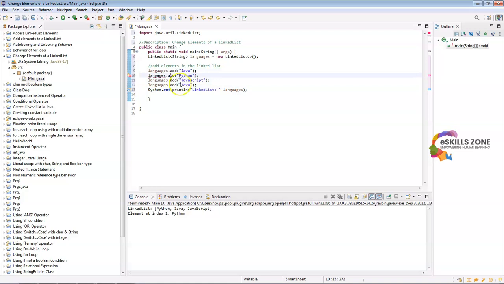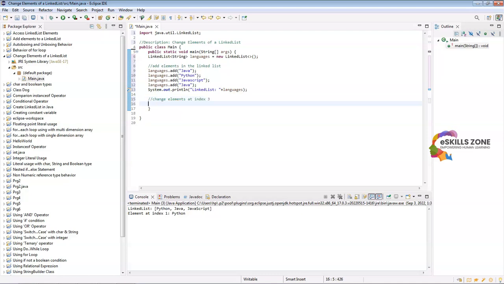But here you can see a cross symbol. Whenever you see a cross symbol in the editor, it means that there is some syntax error or any kind of error you have to remove before you run this program. So here the problem is resolved. You cannot see any red cross marks on the screen. I'm going to type a comment, change elements